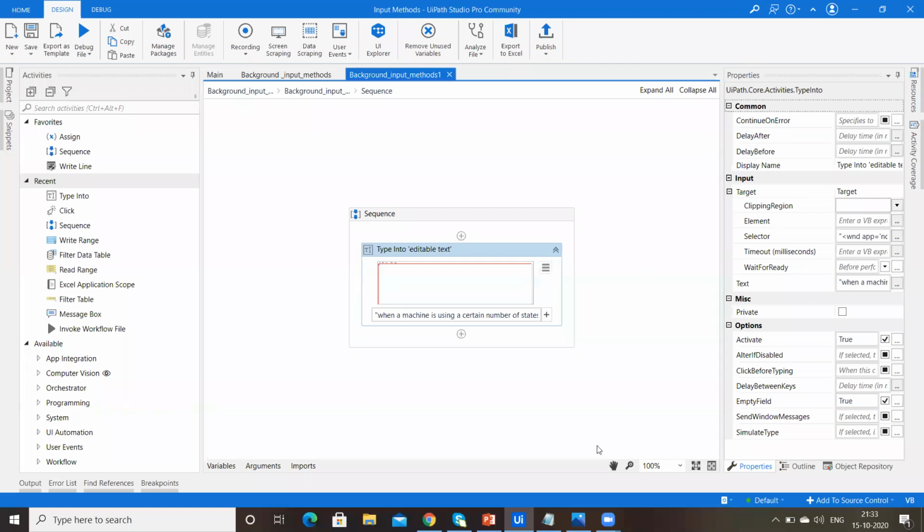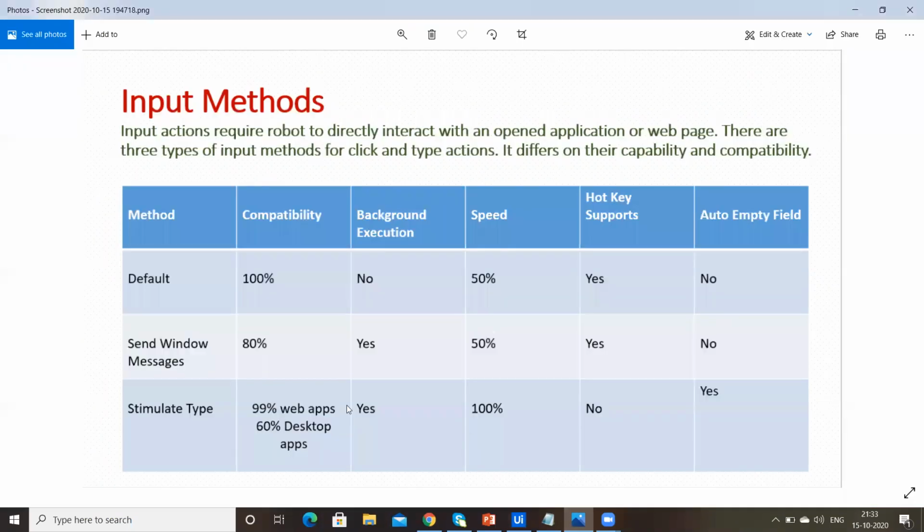Now we'll show you how send window messages will work. Coming to send window messages, compatibility is 80%. It works on background execution and the speed is 50%. And yes, it supports hotkeys, but it does not support auto empty field.